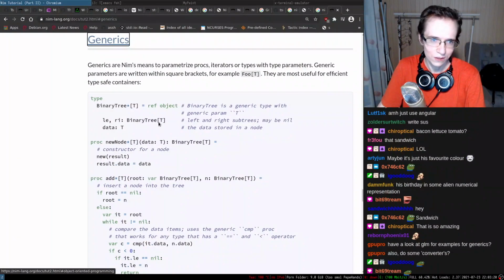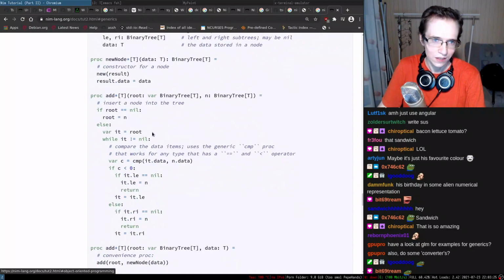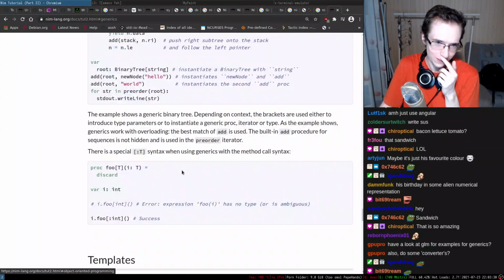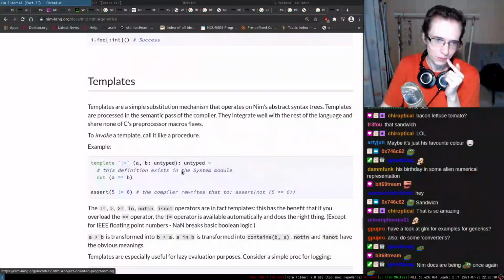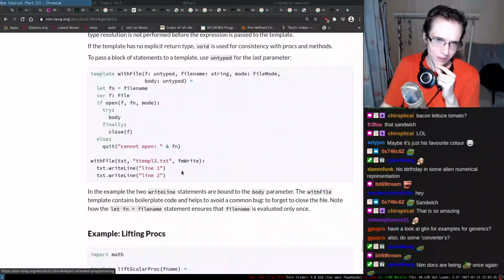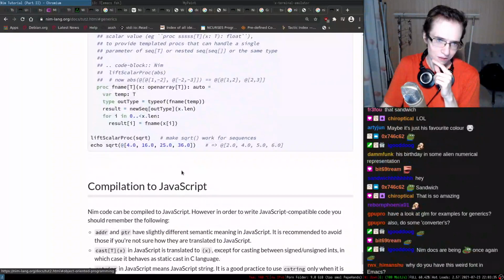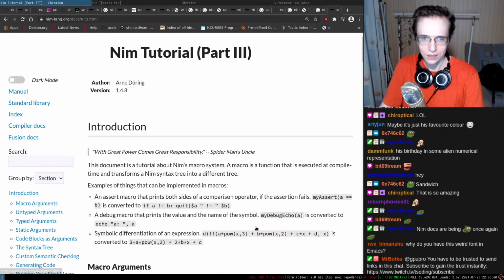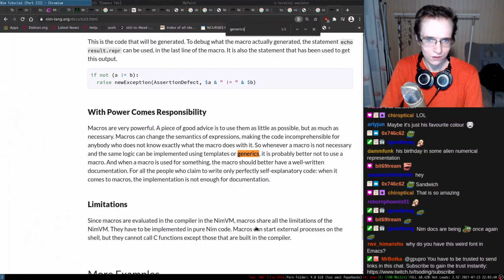Okay, generics. So we can have that, but this is just a type, and the thing I want is just a value, right? So templates, you can have templates, okay, and maybe some other things. Part 3 and generics.